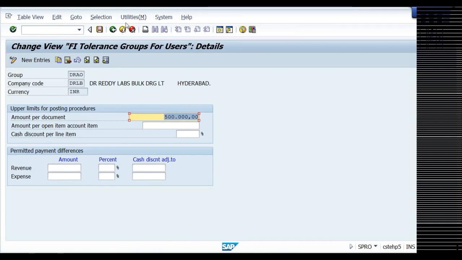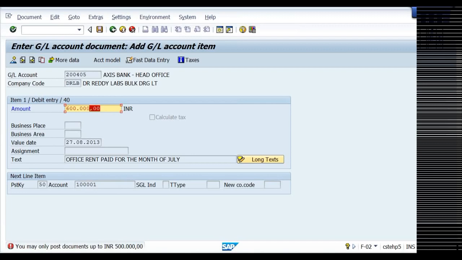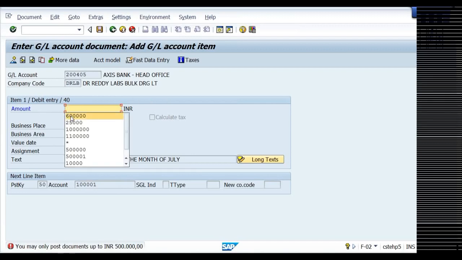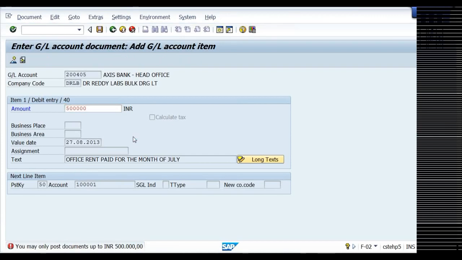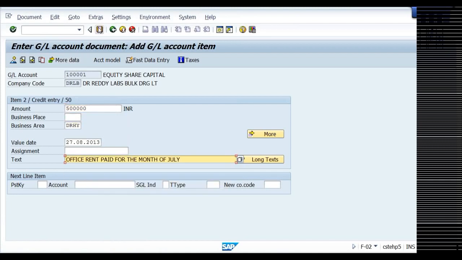So that's the reason the system allows me only 5 lakhs. Right. So I need to take only 5 lakhs, not more than that. So this is one check.